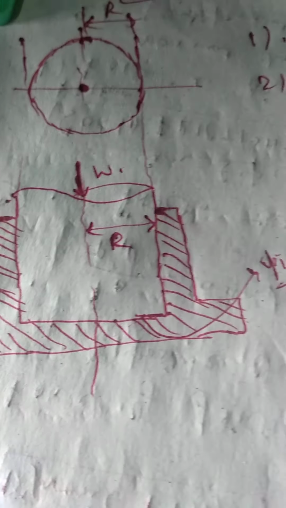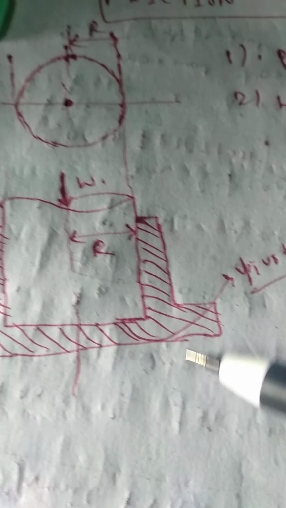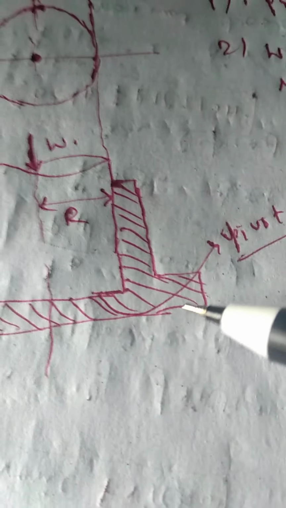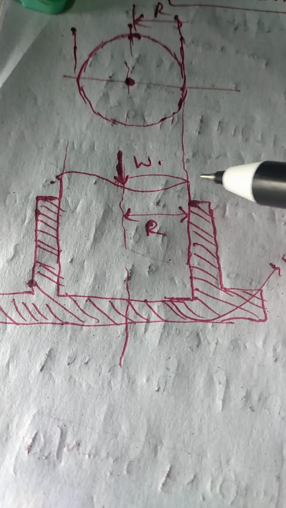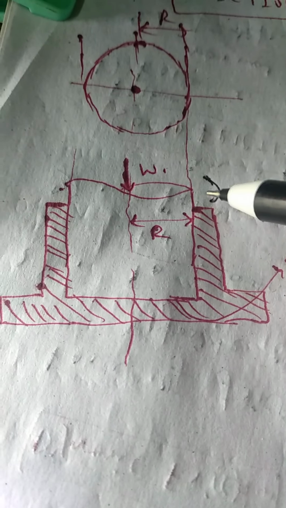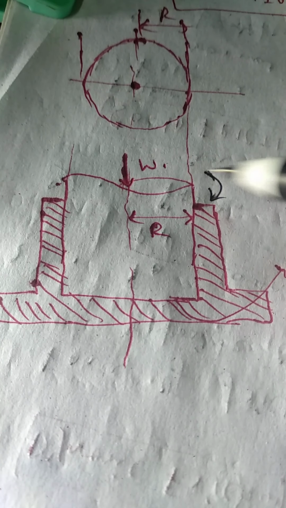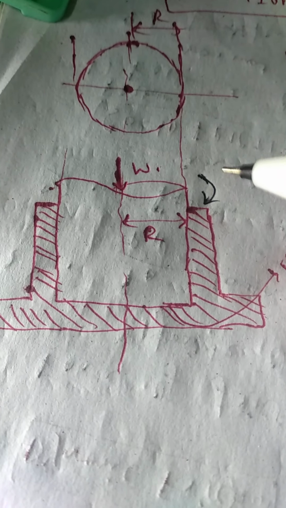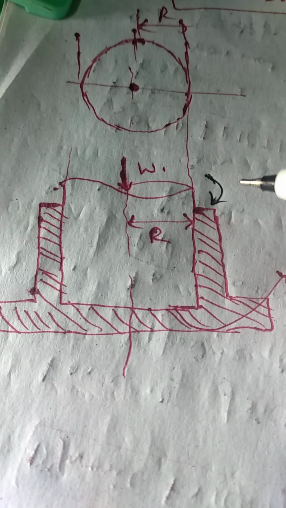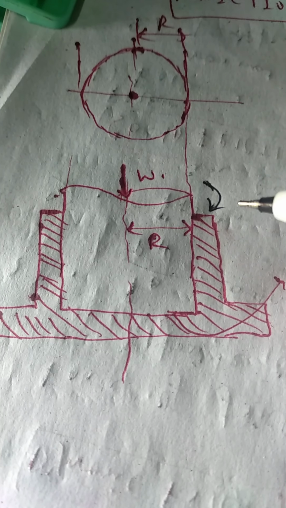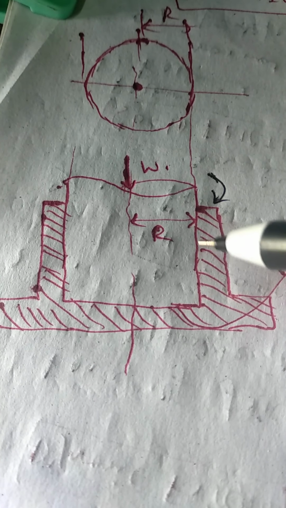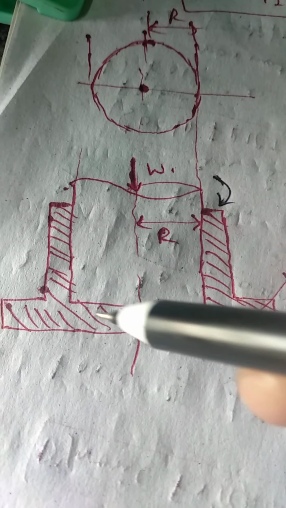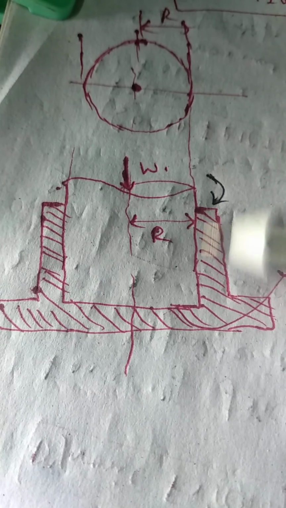Now see this. This is a flat surface bearing, also known as a footstep bearing. Now this shaft rotates in this bearing, in this direction. Suppose in any direction it rotates in this manner. Now there will be friction along the surface of contact between the shaft and the bearing.